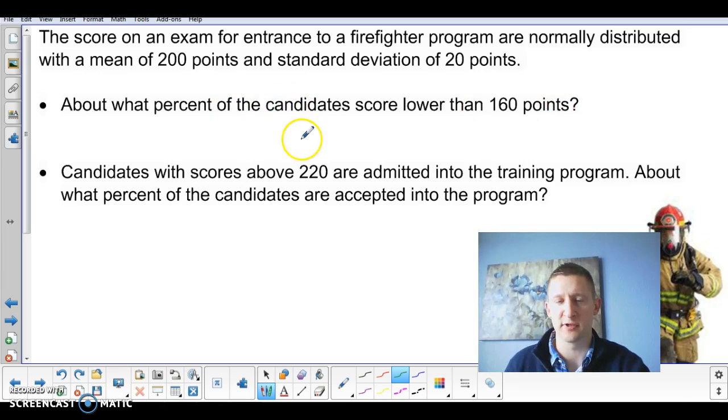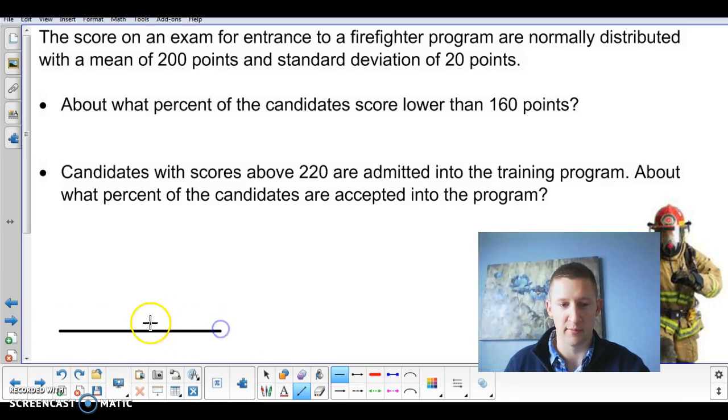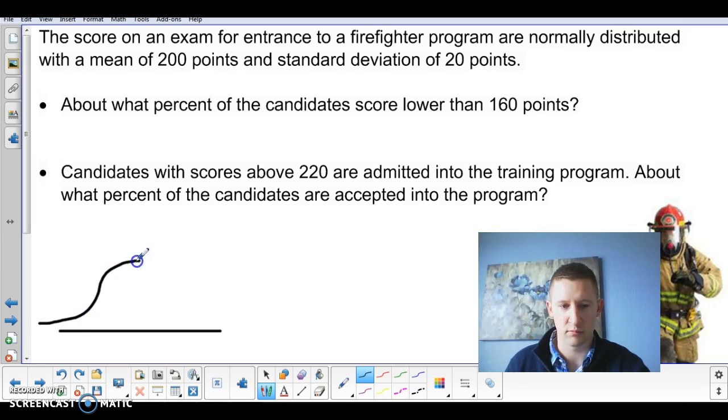Well, as we answer this question, the first thing that I would recommend you do is draw a little diagram that shows the mean and the standard deviation in the context of one of those bell curves. So, here's my line that would make up the bottom, and I'll just draw a quick curve. So here's my bell curve. Again, it doesn't have to be super exact, just a rough sketch is fine. I'll draw some partitions, so here's where the mean is, and one deviation on either side. Here's 2, 3, 2, 3. So you just get the general idea.